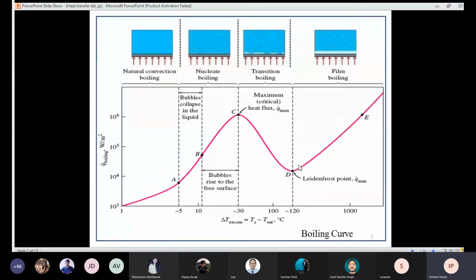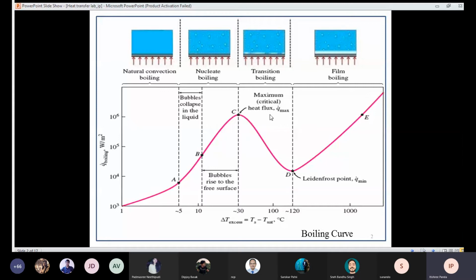So the melting point of the nichrome is roughly around this point E. I will talk about it when we see the equipment, you will get to understand what we are doing with the melting of the nichrome wire. So now, if you see the point E, and if you go in this direction, this is roughly similar to the maximum, the critical heat flux value, which you can obtain during boiling when you change from nucleate boiling to film boiling with transition boiling in between.